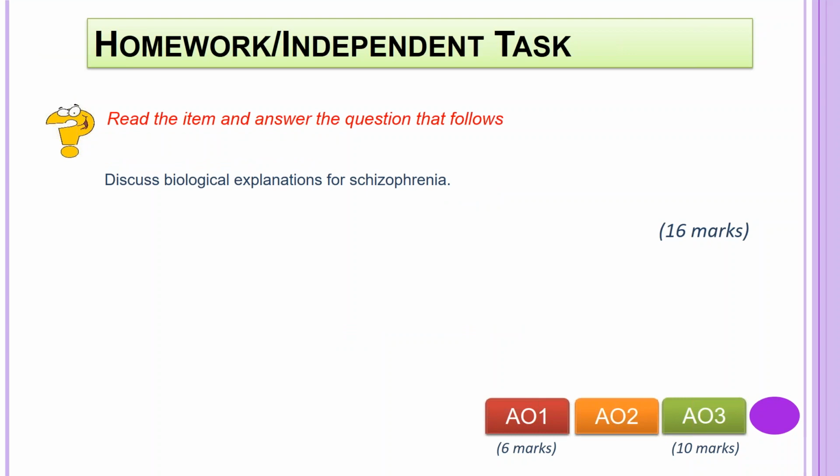Okay, welcome back. So, 16 marks. Your possible AO1 content: genetic explanations, potential genetic mechanisms, the dopamine hypothesis as we've discussed in this section, other neurotransmitters, serotonin, and so on, neural correlates, decreased ventricle, etc. And possible discussion points: use of evidence to support or refute, i.e. the MZ twin research that we've discussed in this session, other concordance rates, pharmaceutical action, effective antipsychotic drugs, MRI scanning studies,